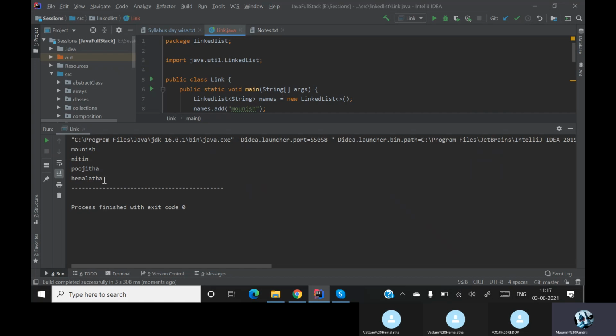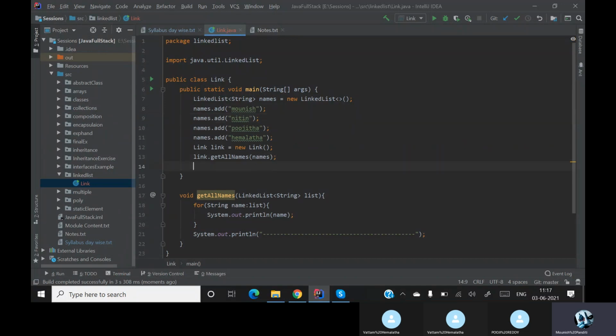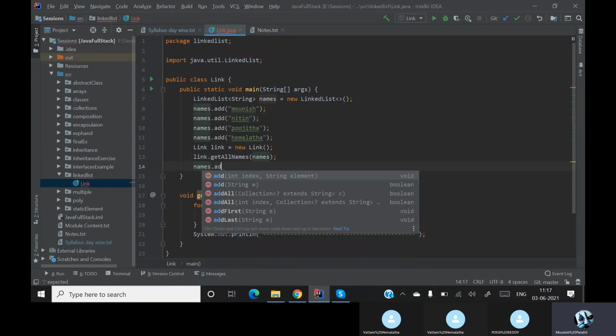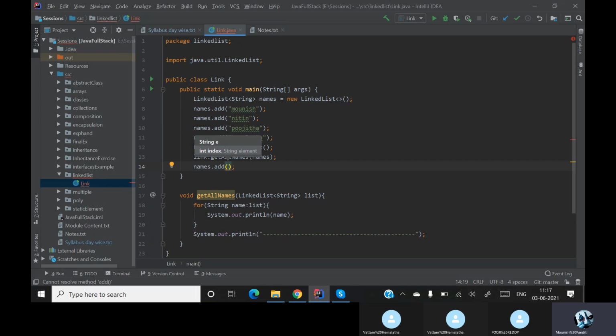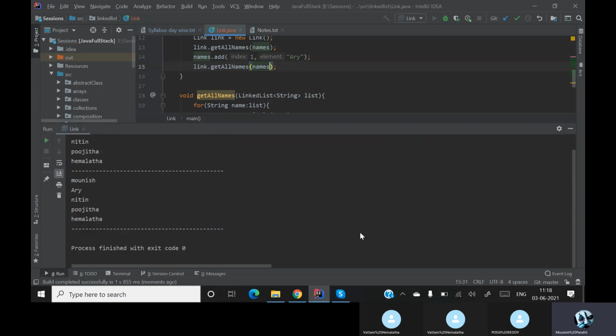Yes, sir. So when we are talking about the linked list, we are talking about the address and the value. In case I want to add to a particular position, I can add an element to a particular position over here and then print everything out. This is possible in a linked list, and it is possible in the array list also. There is no speciality here; both are the same.